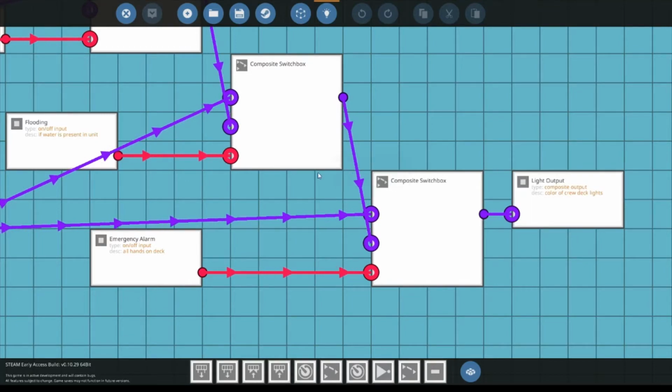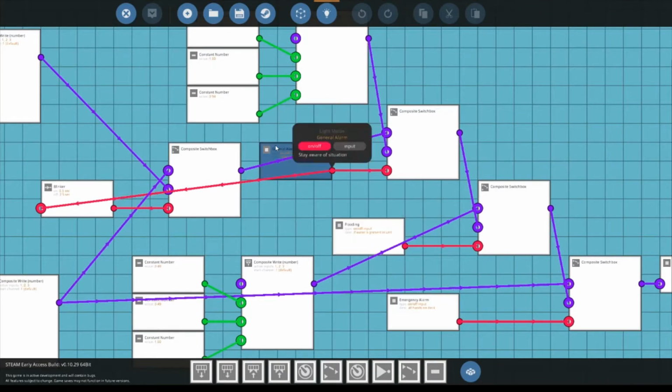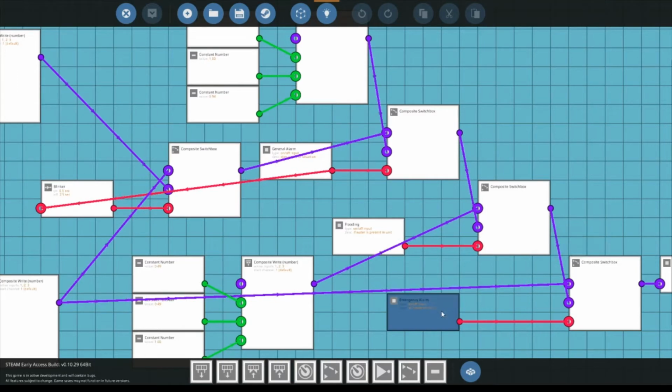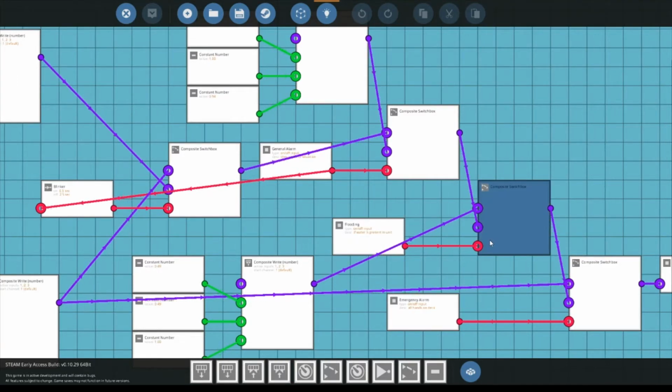And from there, we can understand where this is going. So the first one is the first importance, or sorry, least importance, is the general alarm. And the reason why I cut myself off there is because the way that this is built is that this one supersedes all of these. So if the emergency alarm is going off, none of these statuses get through. It immediately goes into the emergency alarm. Same with the flooding. If the flooding is occurring but not the general alarm, it will be showing the flooding light.